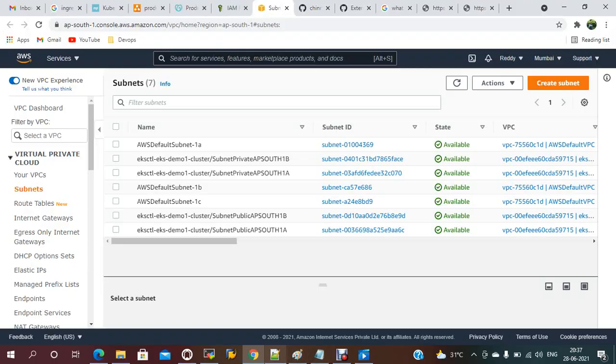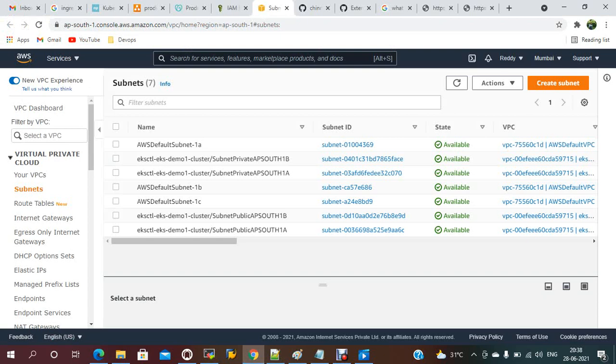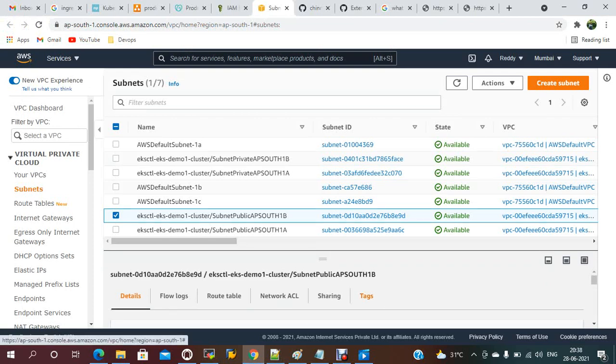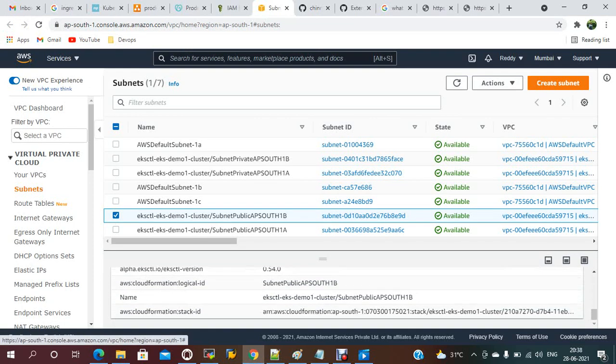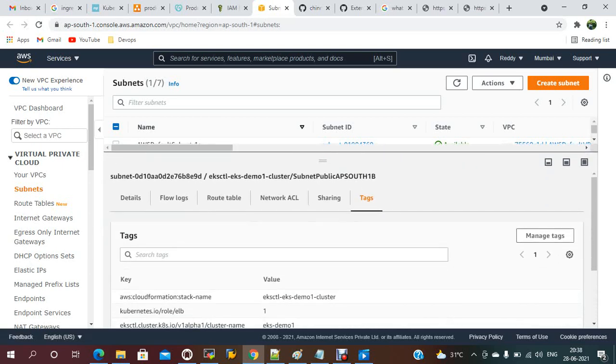Under tags, we have to add this owned tag, Kubernetes role ELB 1 or 0. Let me go to the public subnet and go to tags. Under tags you have to edit, manage the tags.